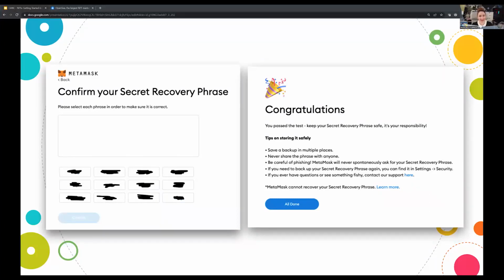It'll look like this. I've scratched out my words, but once you've gone through the whole phrase, the confirm button will light up and you can click it to complete your MetaMask wallet setup.